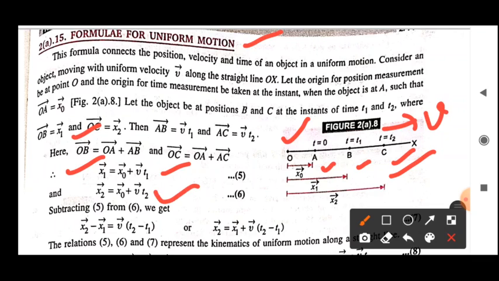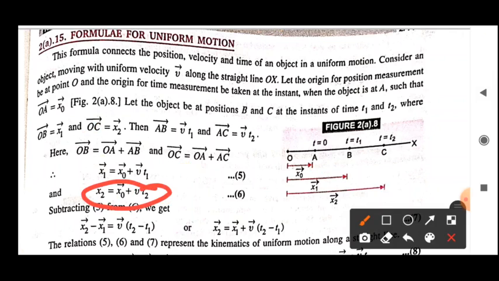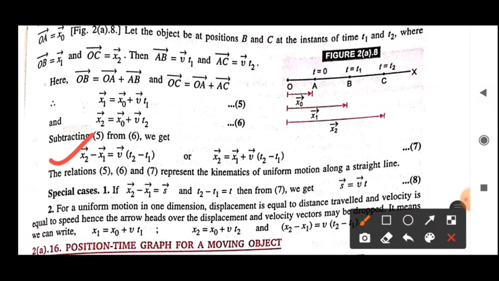Similarly, x2 can be calculated by adding the distance travelled from here to here plus x1. In another way you can also represent it in terms of x0. Here x0 plus the distance travelled from 0 to t2, and if it is travelling with velocity v, this will be v into t2. So this is the total distance, that is x2. Now if you calculate x2 minus x1, this gives you this value, and finally from here you can calculate the x2 displacement in terms of x1 also.